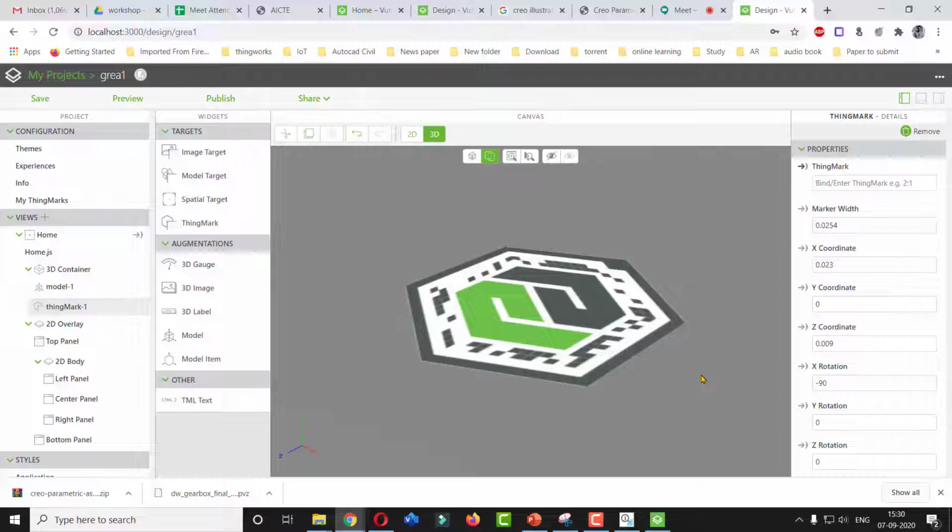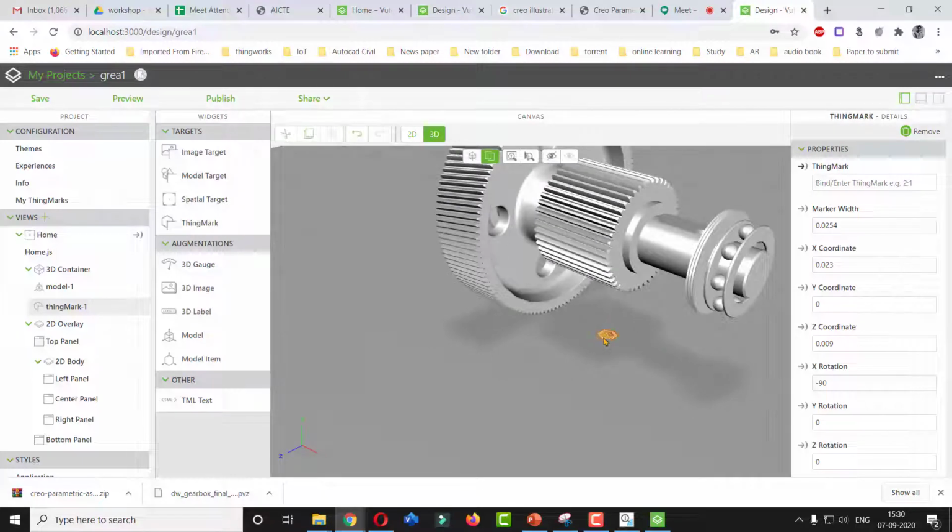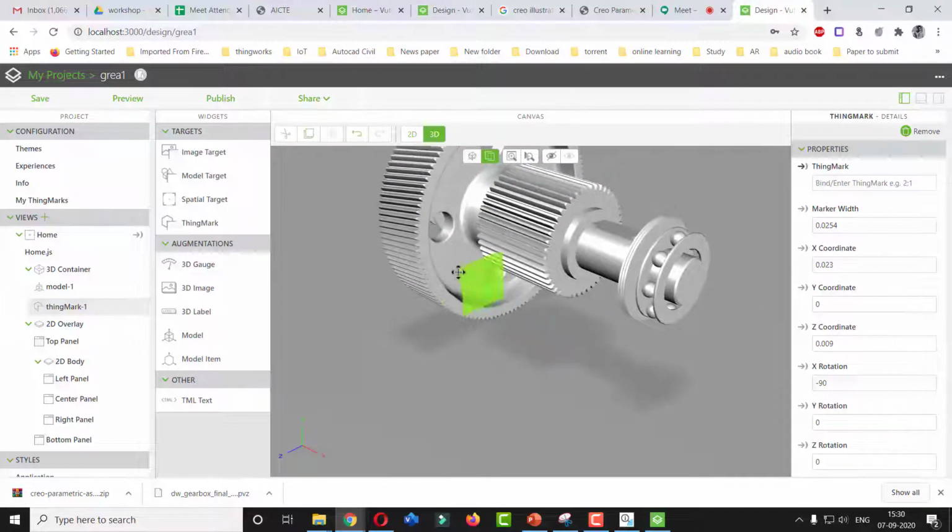So if you have created the augmented reality content of any machine, you will paste this particular barcode on that particular machine. So you have to paste the barcode in such a way that, on the actual machine, wherever you are going to place it, at the same place you have to put this barcode. So suppose you are going to paste this barcode over this assembly, here, then your barcode in the digital form should be at the same position. Means the physical location and digital location of this barcode should be the same. If both are the same and the size is the same, then it will overlap the digital content exactly onto the physical content.